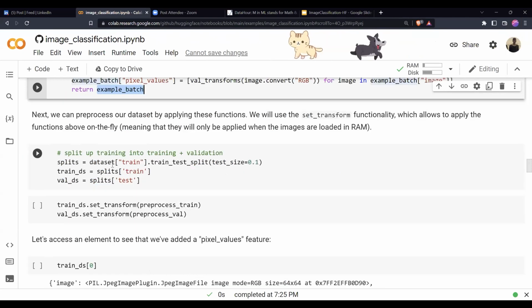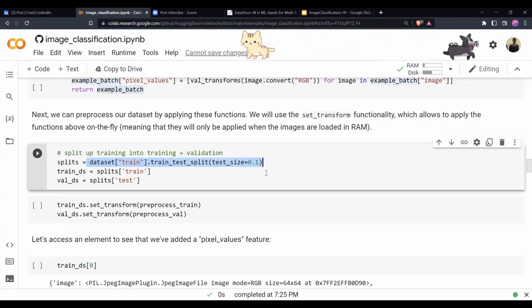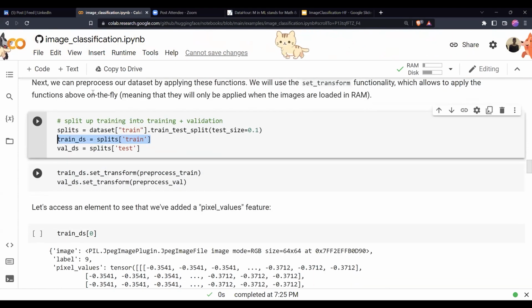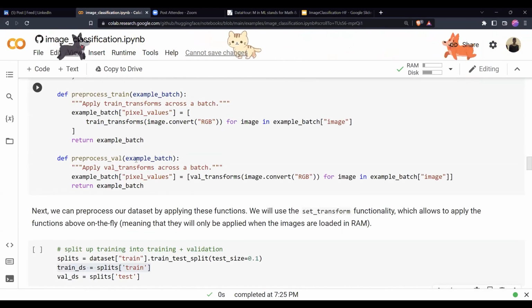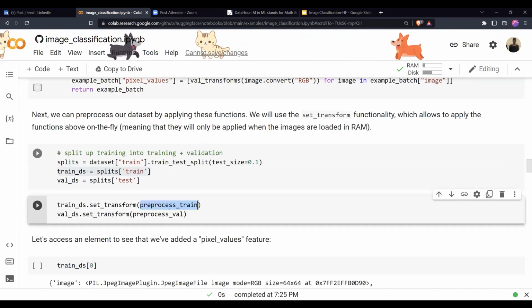Once we have our data set, we divide it into train and test. Using 10%, so 10% of 27,000 is 270, the 270 examples go into validation, and the remaining goes into the train data set. Then we call these two preprocess functions that create these batches for us.